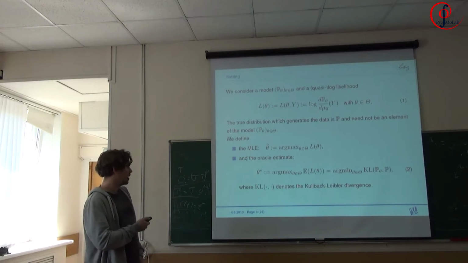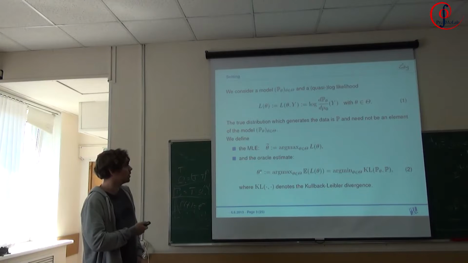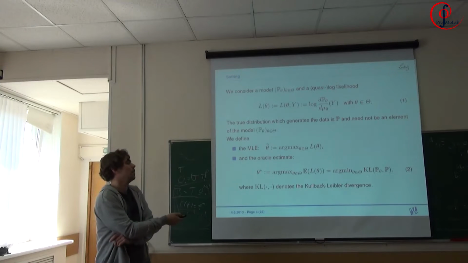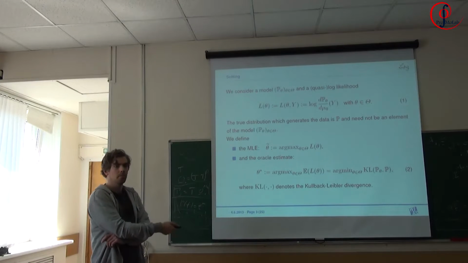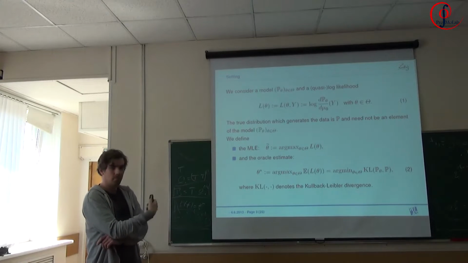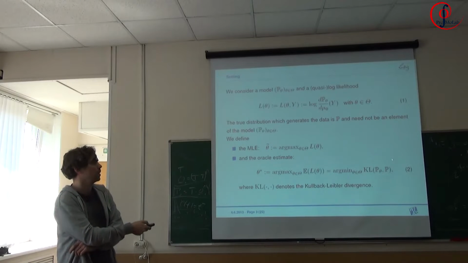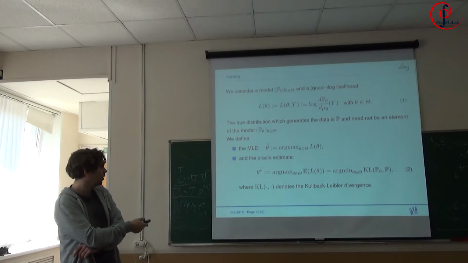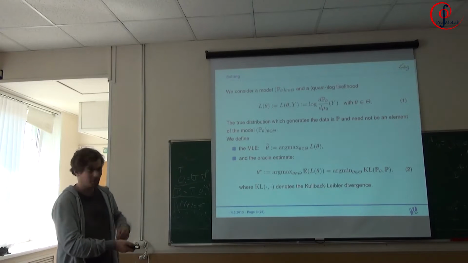We define the oracle estimate. We saw this before too. It's just the maximizer of the expected log likelihood, which is in fact just the minimizer of the Kullback-Leibler divergence between the set of the statistical model and the true distribution P. So in the case of well-specified, this is